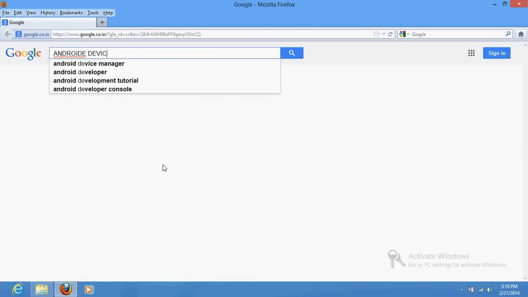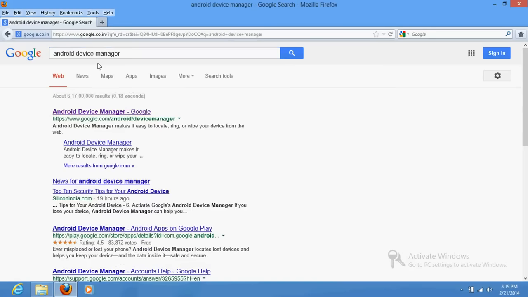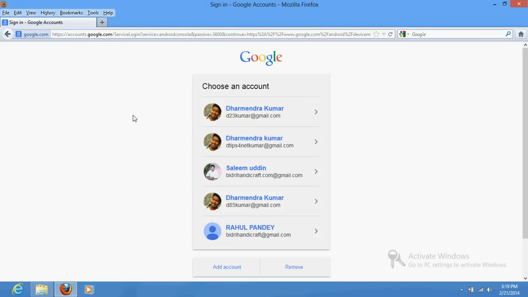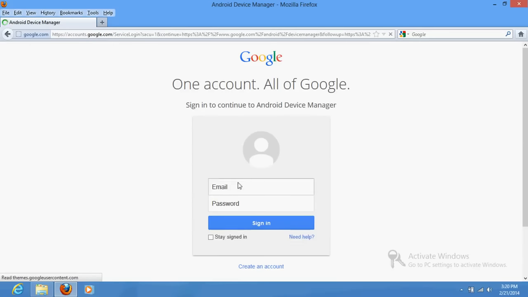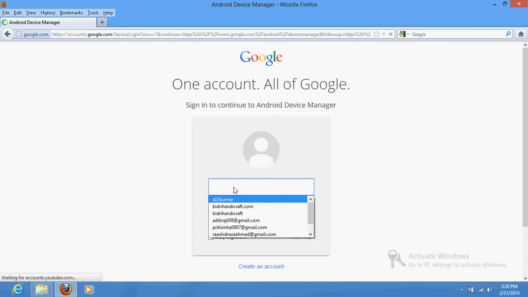Device Manager. When you type, you will go to the first URL, which is Google itself, and click there. It will ask for the username and password of the Google Android Device Manager which you have used on your phone. I have used it on my phone, that is T85K Kumar.